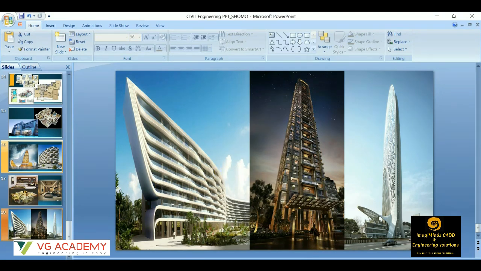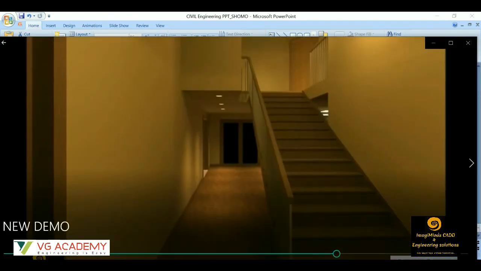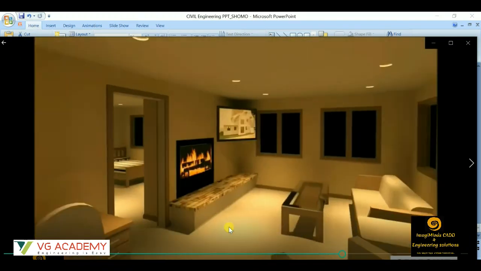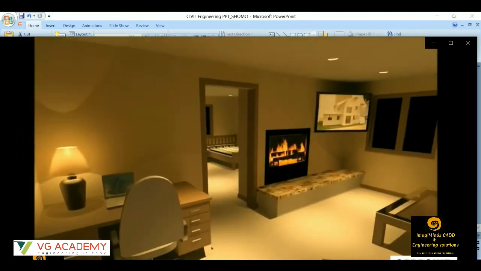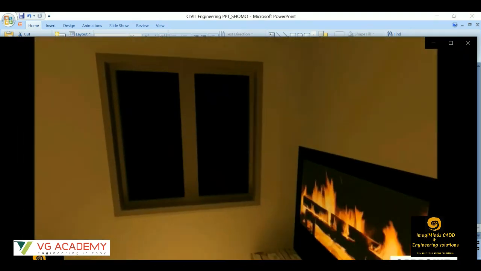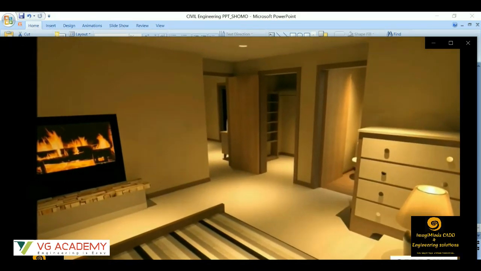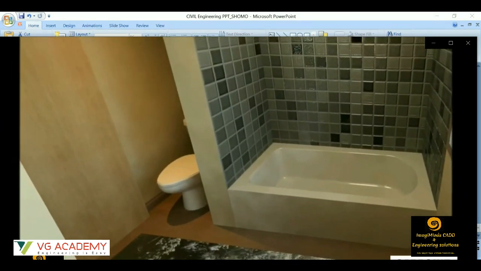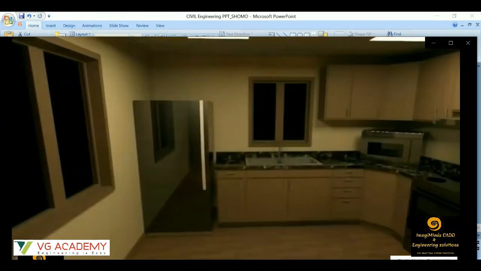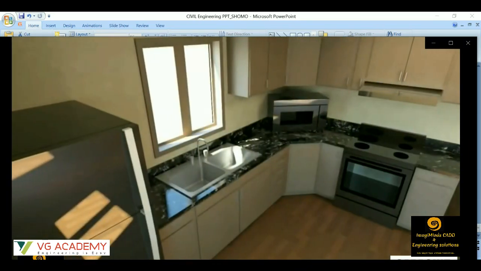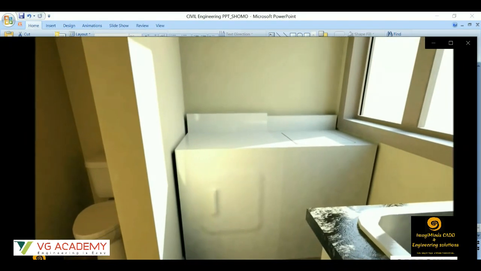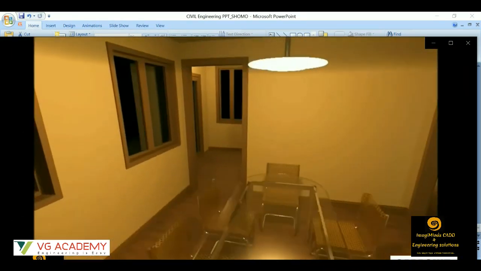Now I will go to the last part, the walkthrough portion. We can create this type of walkthrough. As I was discussing earlier, each and every furniture item is there in the Revit software. The furniture and lighting that you can see over here were all loaded from the family. You do not have to prepare any of the items. All the components are there in Revit itself.